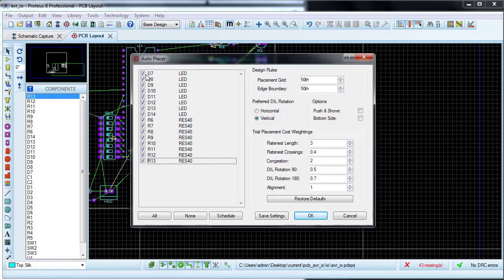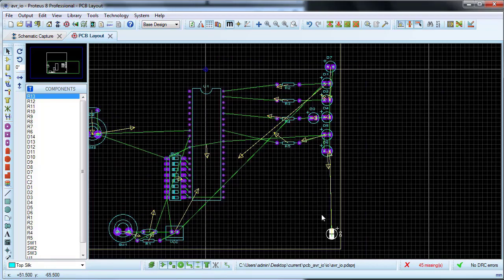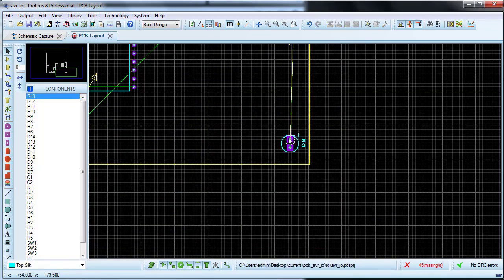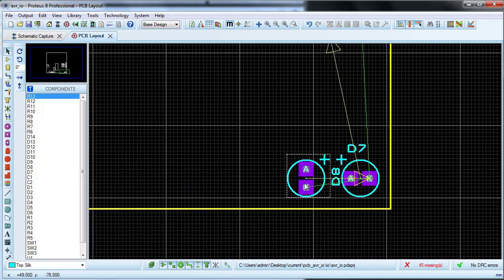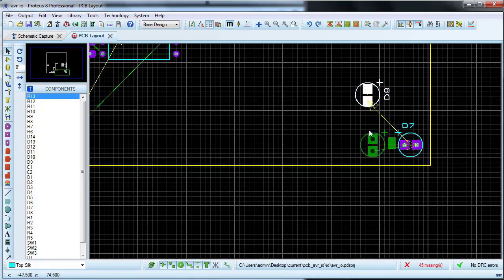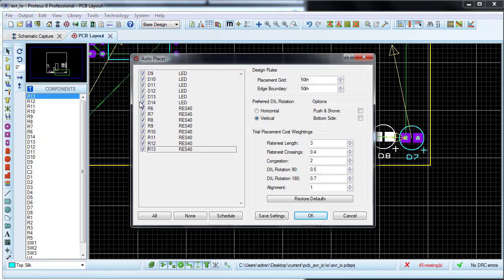For the 8 LEDs on port C, first place 2 LEDs as a guide. Select the other LEDs.